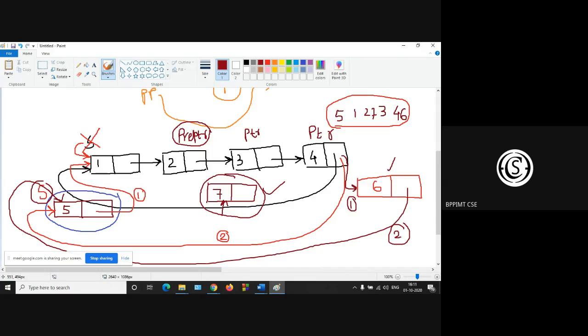Or you can simply use the pre-PTR or any one pointer. Let this be PTR.